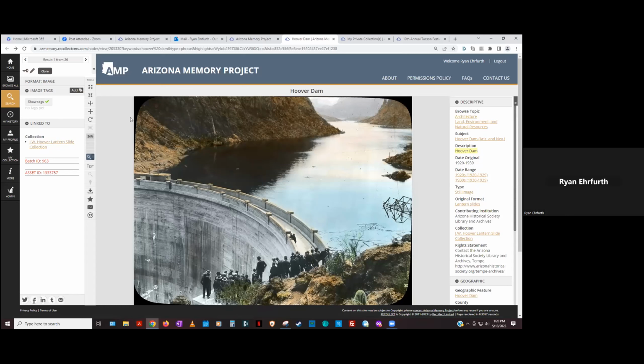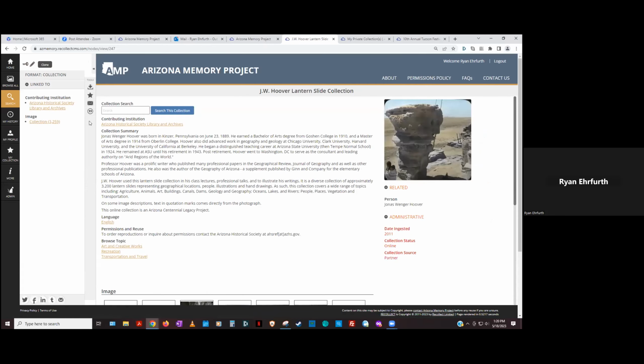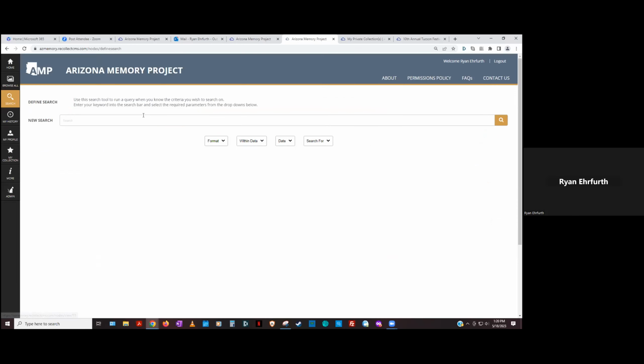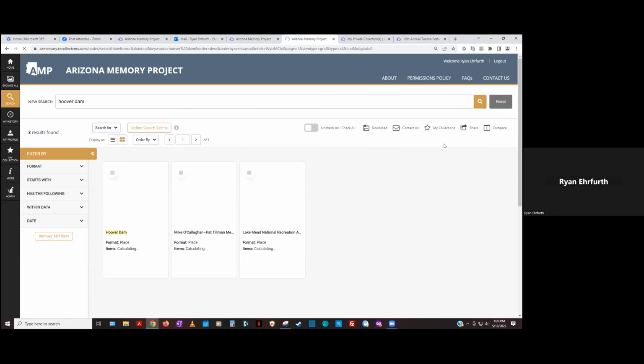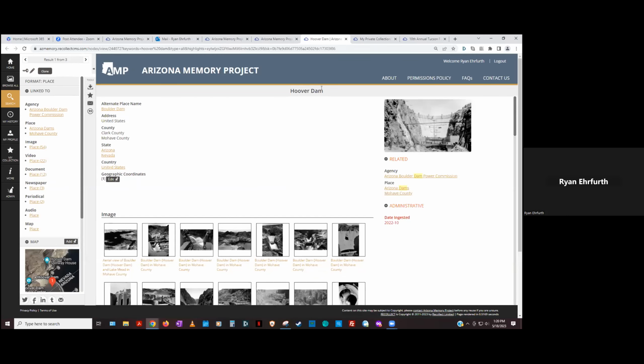Okay, you can also do, there's actually, oh, you know what? Okay, I'm going to do this. Now, let me do one thing. We also have other pages for places. So in this example, I'm going to use Hoover Dam, formatted as a place. Hoover Dam is just one example. This is where we put